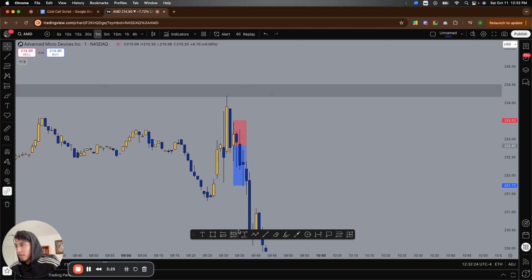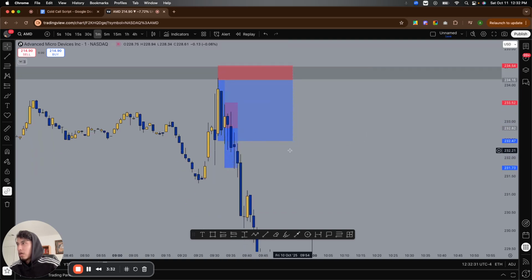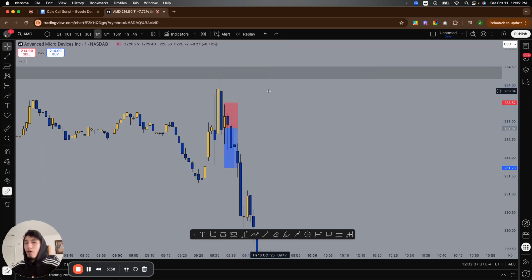Once it tapped into here, like this right here, would have been just the better entry in general. But I didn't take this trade because it was moving too fast. And not even just that, I had to wait for a little bit more confirmation. That's just another thing I realized: I started hitting more of my trades when I started being a little bit more patient, not hesitant, but patient to wait for the candlesticks to close to give me more